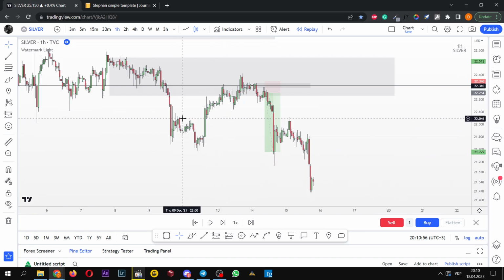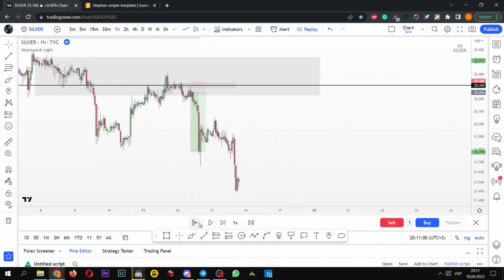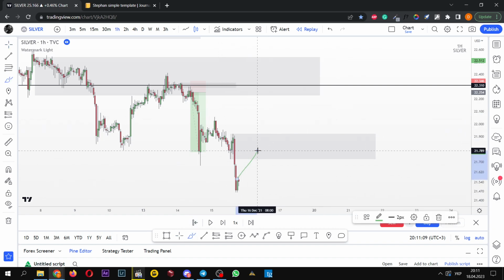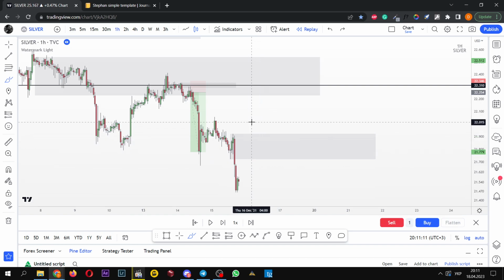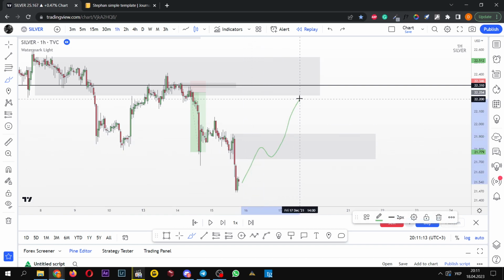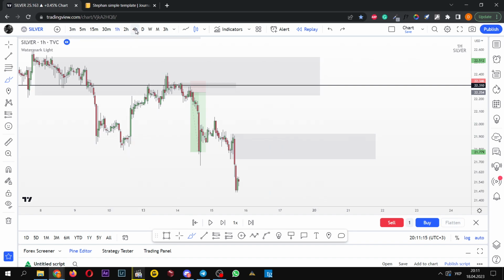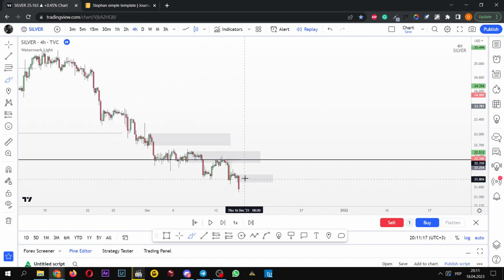And we have a break from here from 1 hour, but we are pretty overextended. So what I will do here, either a tap and a standard entry, but basically what I expect is at least some redistributions. So I want to see breaks to the upside, and from the basis of 4 hours, we have this unmitigated zone,